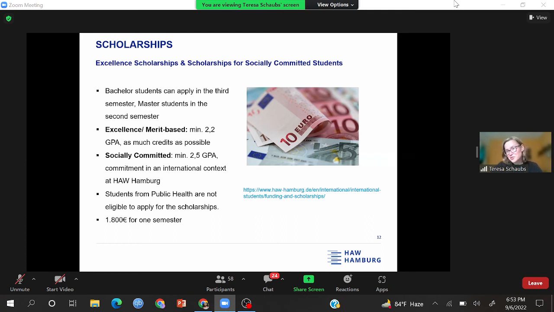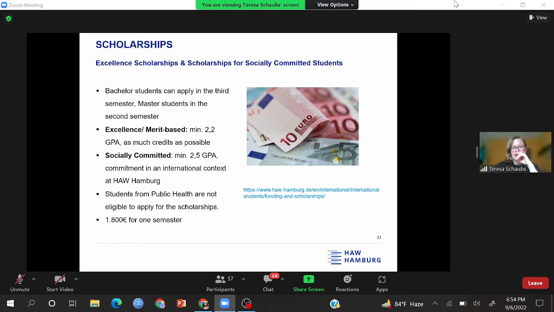And yeah, interesting. You can get up to 1,800 for one semester, which is usually paid in different rates depending on the year. If you apply in the winter, the rates are probably paid in October, November, and December. If you're applying in the summer, they're spread out a little bit more until the summer. But it's like the maximum amount per semester, and you can apply each semester.